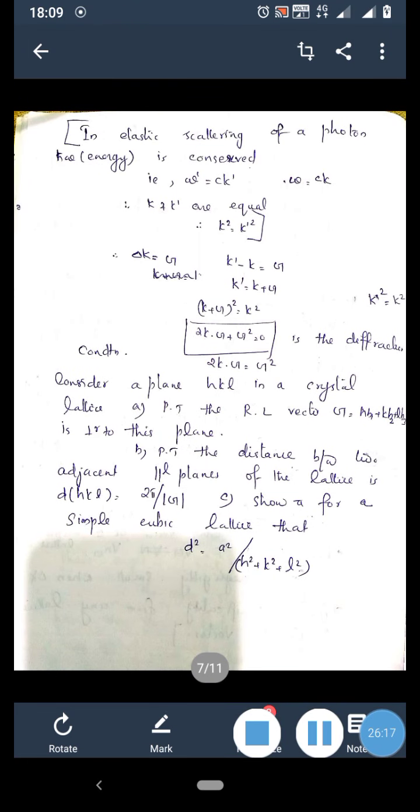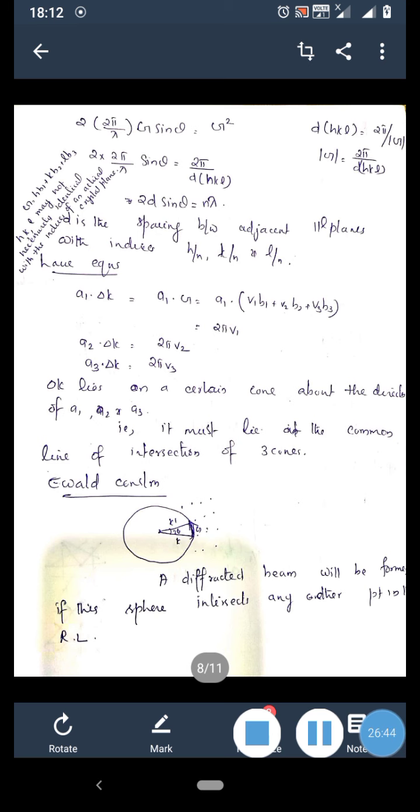That will be equal to g squared, because 2k dot g, where the angle between k and g is marked here, so the cosine of the angle between them can be converted into the sine of the diffraction angle. So 2 into 2 pi by lambda into g sine theta is equal to g squared. That is, 2 into 2 pi by lambda into sine theta is equal to g, where g is equal to 2 pi by d_hkl, which we have already seen.